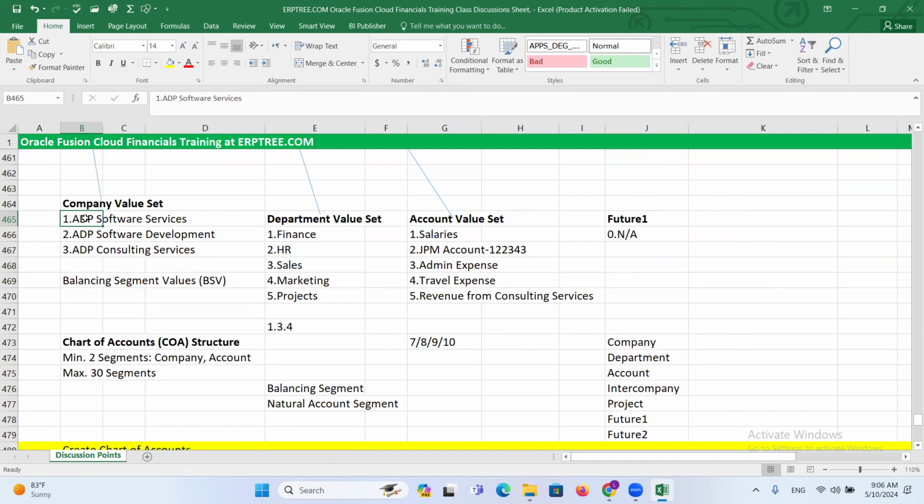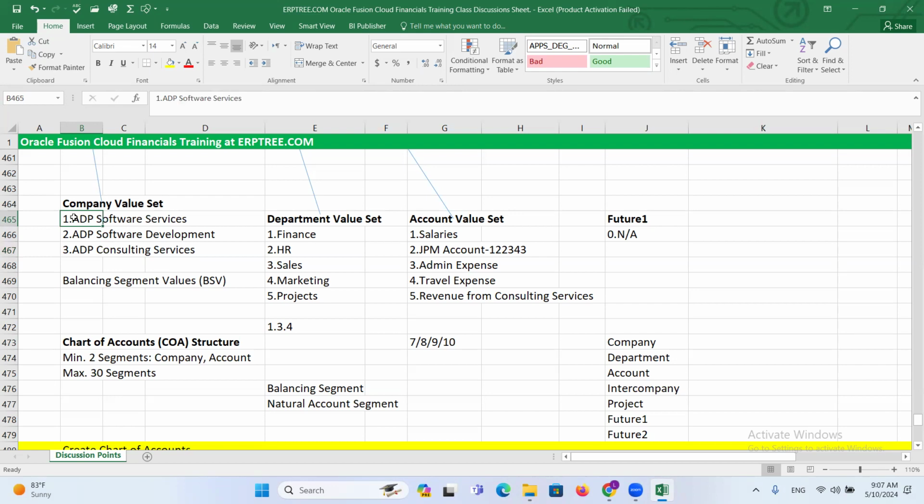If a transaction always happens between two companies only, in that case, for intercompany, you need not create three. It depends how they are doing the business, and accordingly you create. It's not mandatory, but by default we create. If required, they'll use it; otherwise, they'll eliminate it. If they say we don't need three in the intercompany,